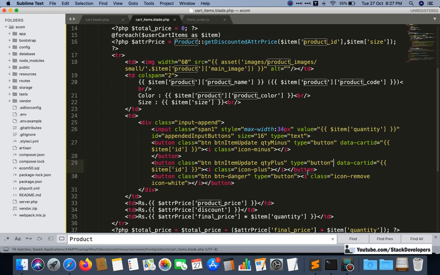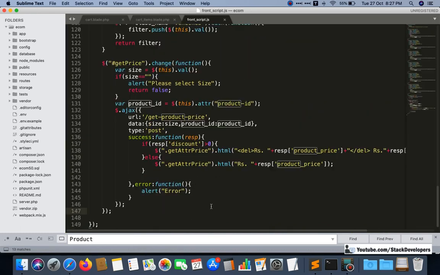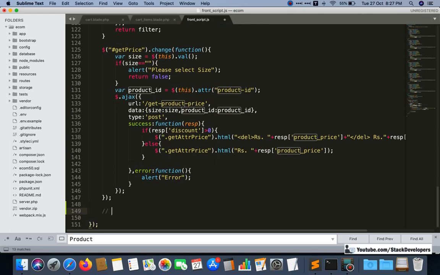Okay, and now I will write the jQuery function here. Here I will comment update card items. Okay, so first of all we will write document on click.